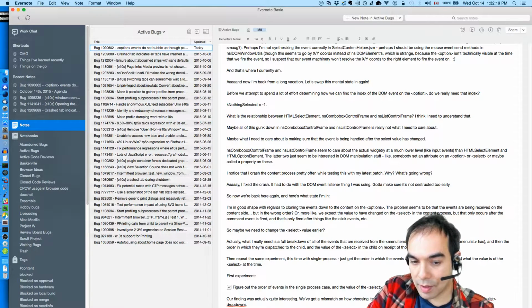With menu list, this is not the case. The menu list value stays the same until the user has confirmed with either a mouse click or pressing enter.